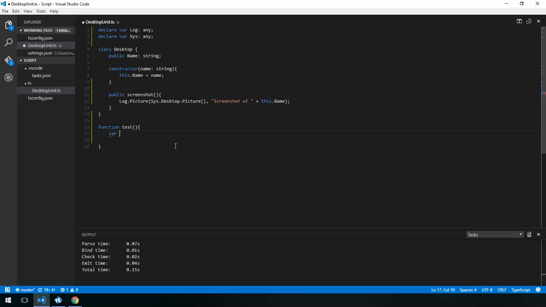So I can say I want desktop gets new desktop, desktop dot screenshot. And I didn't supply the parameter. My new desktop. Save that off, build it,